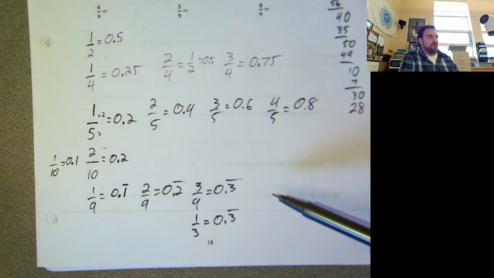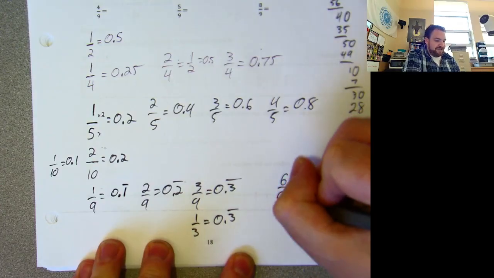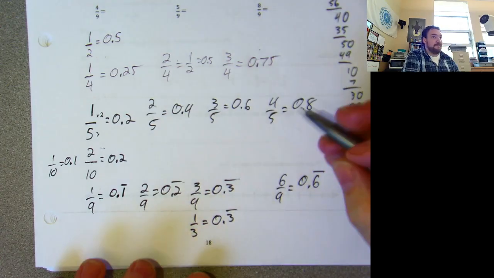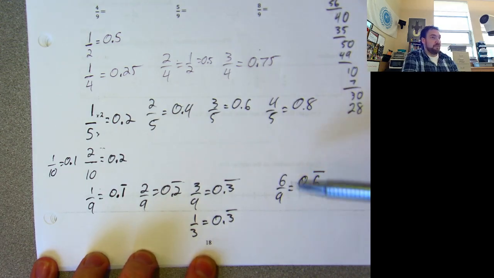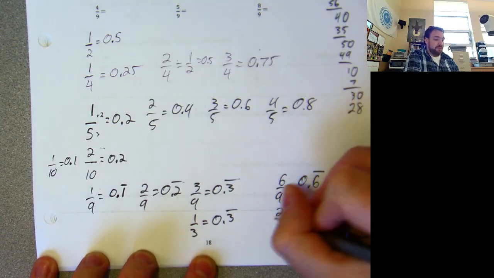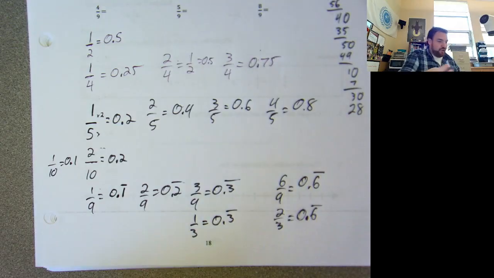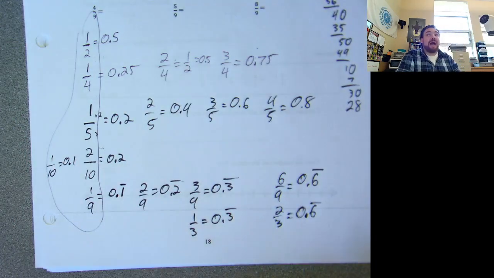4/9 is 0.4 repeating. 5/9 is 0.5 repeating. 6/9 is 0.6 repeating, and 6/9 is the same as, what can I reduce this to? 2 over 3. So then 2 over 3 must also be 0.6 repeating. These are the ones that you should absolutely have locked in. If you don't, you've got some memorization to do,